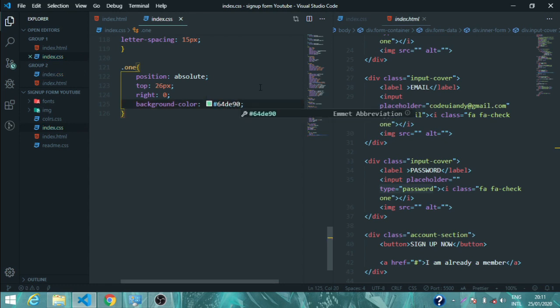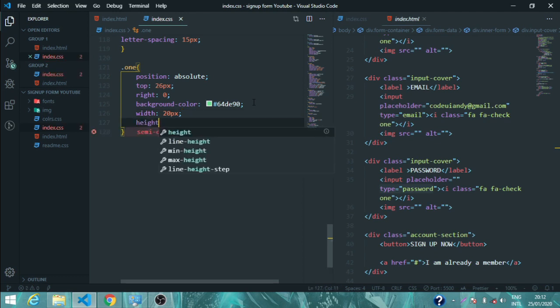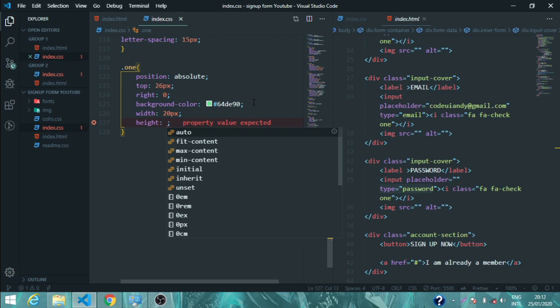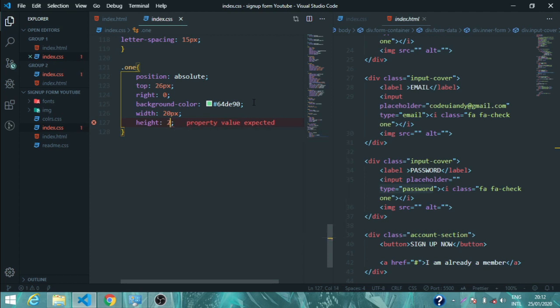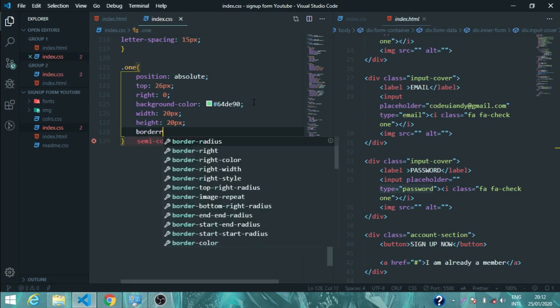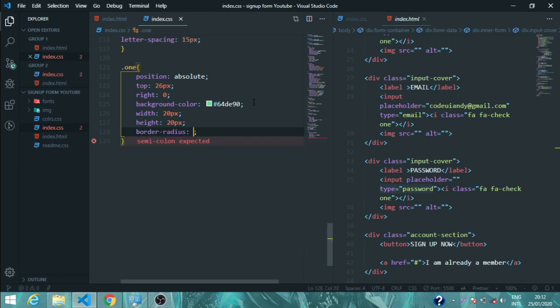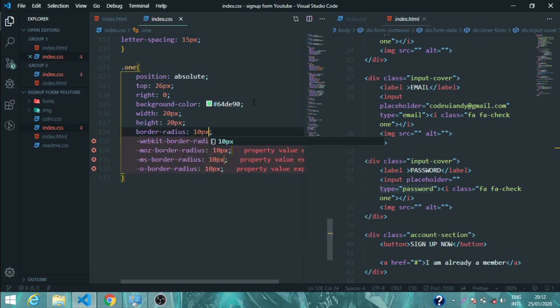Okay. Yeah, we have a perfect color here. Let's leave this color. Let's give it a width. So all these names, you already know what it does. So I'll be going to our browser to see the results, and give it a height of 20 pixels and the border radius of 10 pixels. Okay,